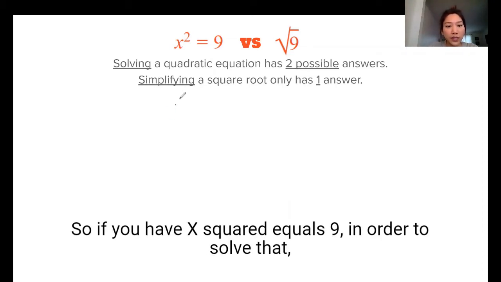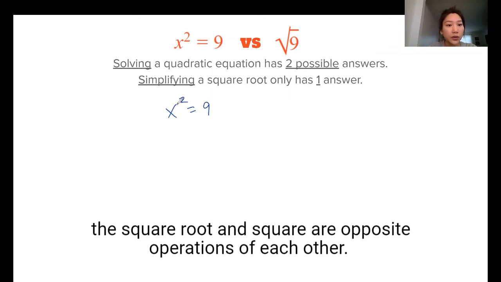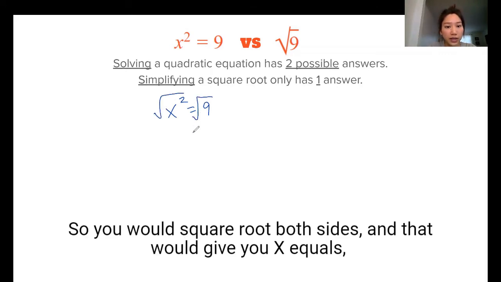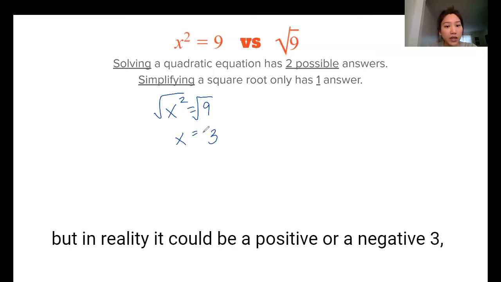So if you have x squared equals 9, in order to solve that, you would take the square root of both sides, because remember, the square root and square are opposite operations of each other. So you would square root both sides, and that would give you x equals. Now, here's the mistake that I see. Most people will only write 3, but in reality, it could be a positive or a negative 3, because